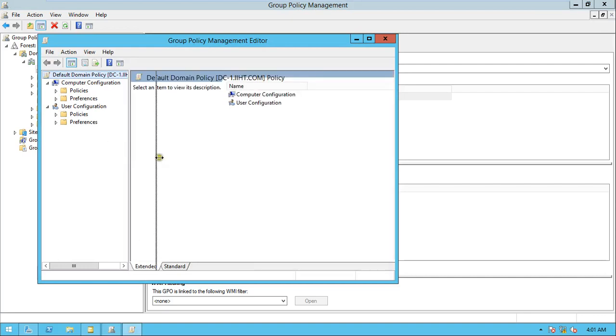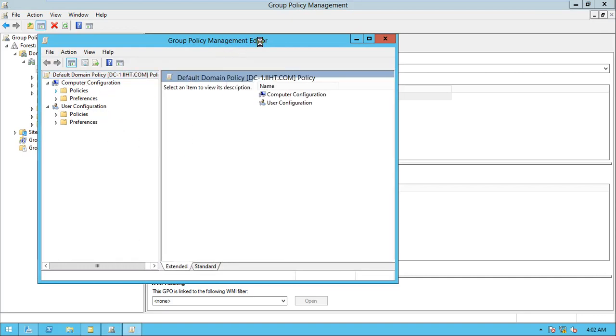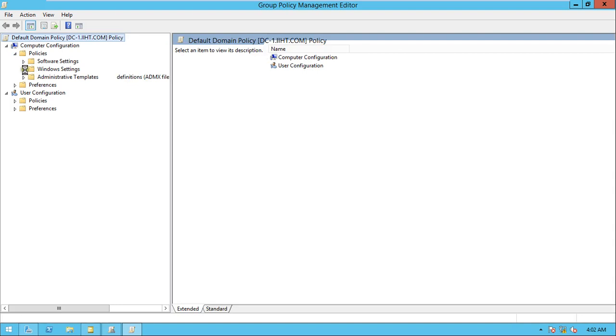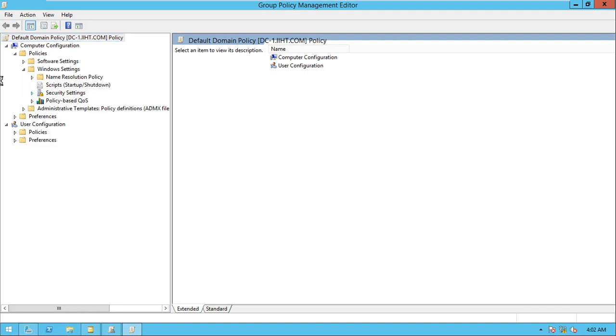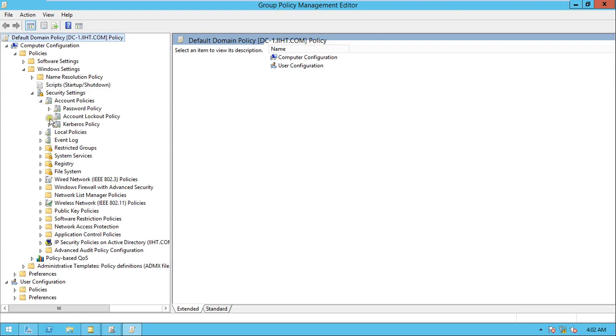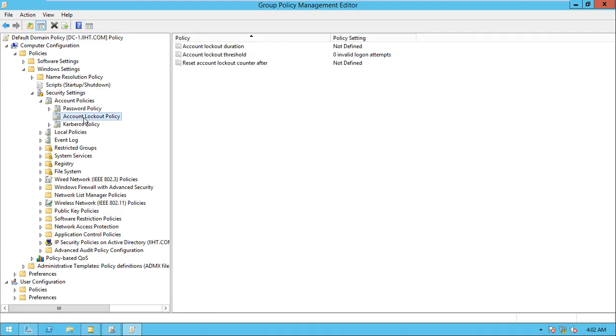In edit I will come to computer policies, Windows settings, Security settings, Account policies, Account lockout policy, this place.